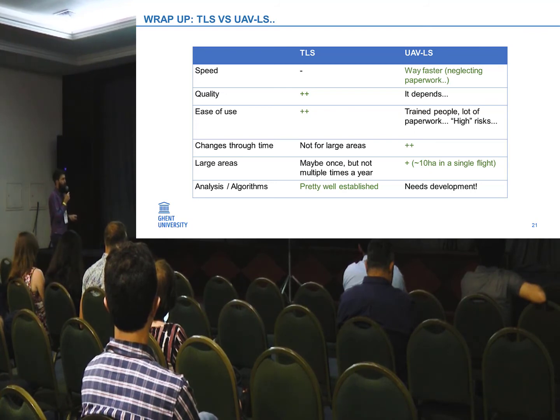It's easy to fly. If you want to look at changes through time, probably UAV systems are better because you can easily go out and scan again once you have all the paperwork in order. Larger areas,